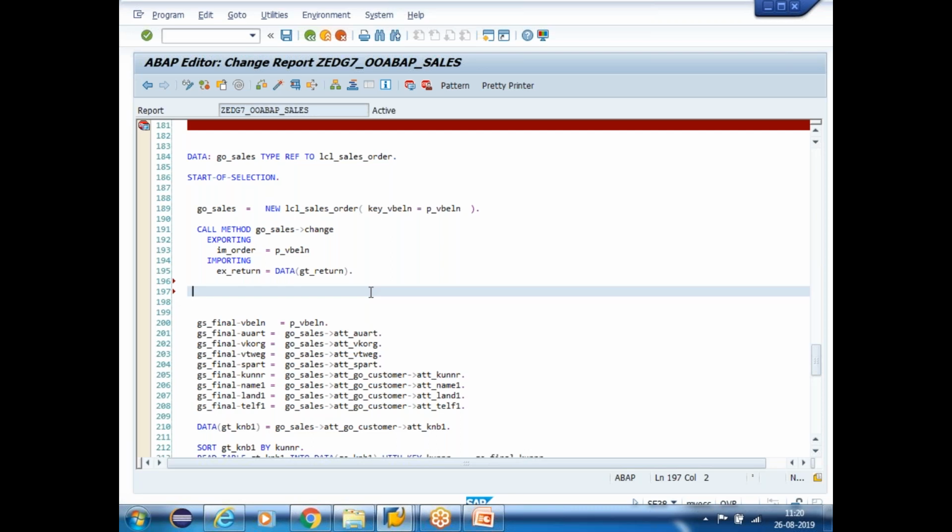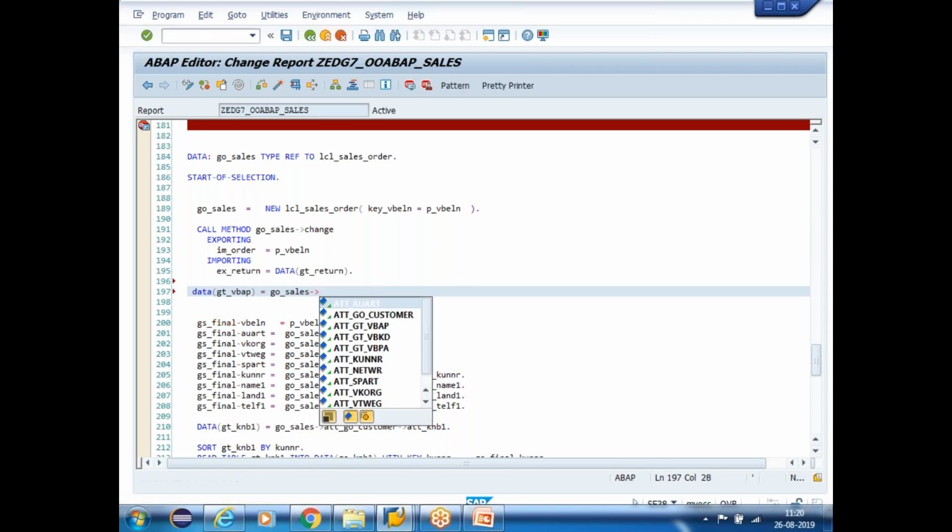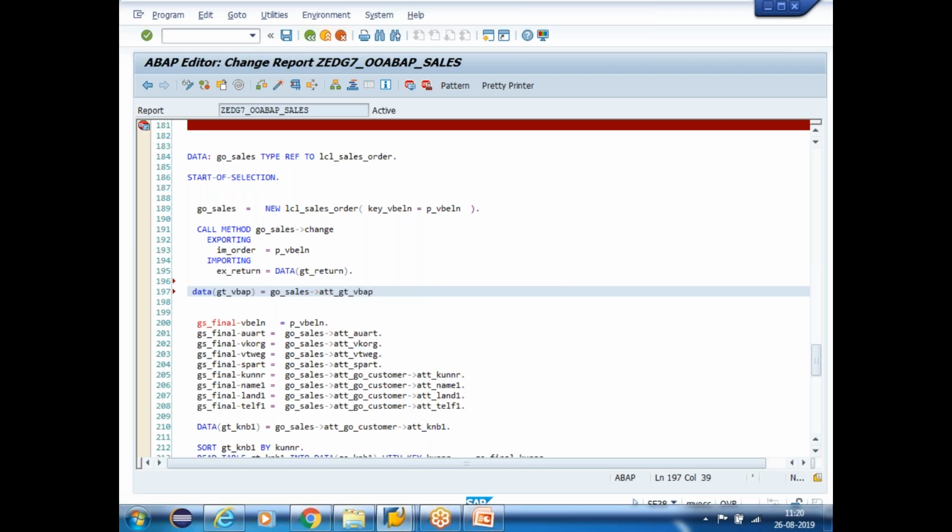So at the top I am going to do my item information now. Data: my gt_webApp equal to my object for the sales, go_sales, and do Control+Space. I have an attribute, an internal table. Yeah, here you can see this is my internal table attribute, and now I have the data in the